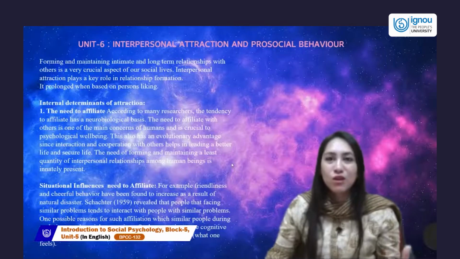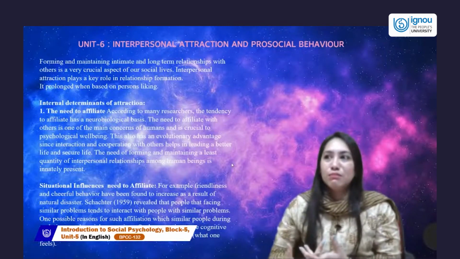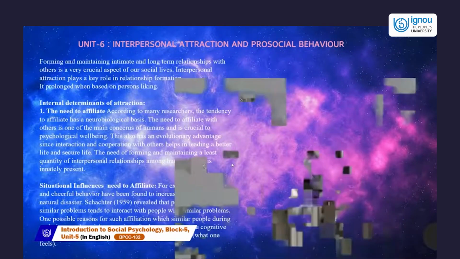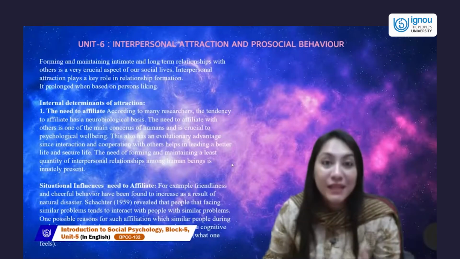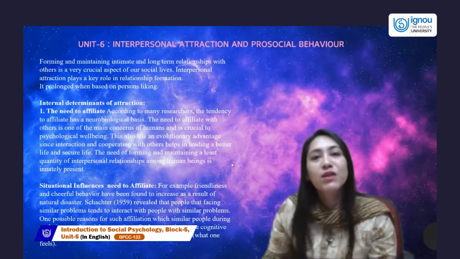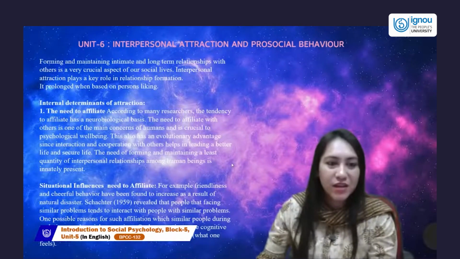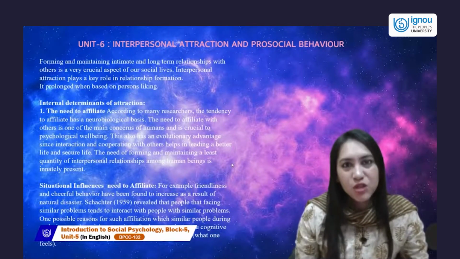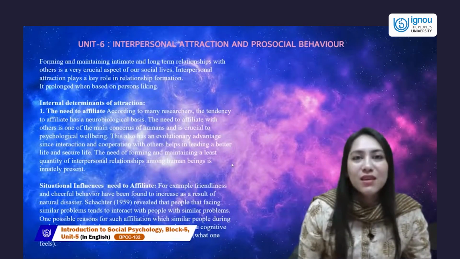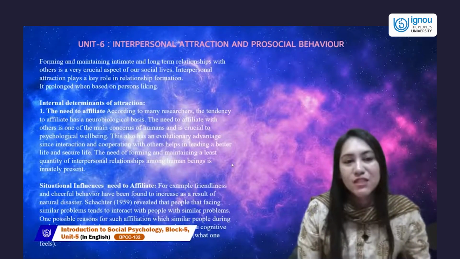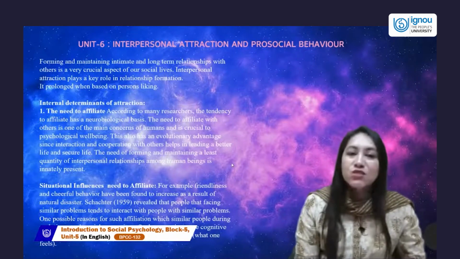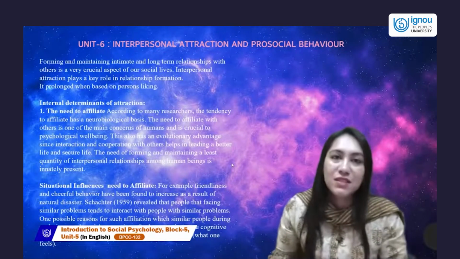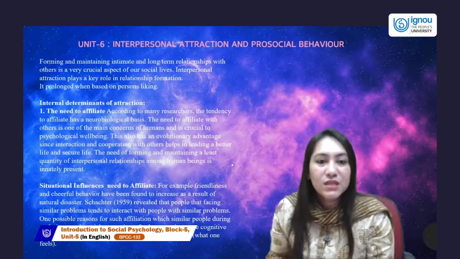We all know when the humans got together, when Homo sapiens as mankind was evolving, as a species was evolving, grouping came into play. Grouping on the basis of affiliation was a part. We started liking one another because of getting associated to one another as groups. It's very good not only for your liking, perception, but psychological well-being. Thinking well about yourself, about your image, this concept, your self-esteem. So this is an evolutionary advantage, since interaction and cooperation with others help us lead a better, secure, and steady life. This is an innate factor.